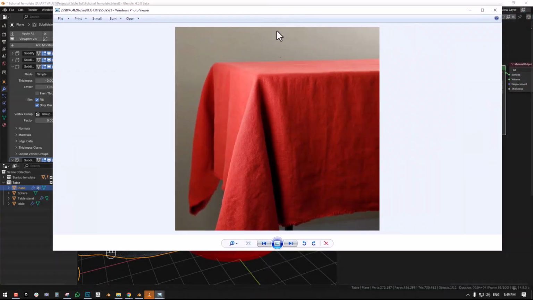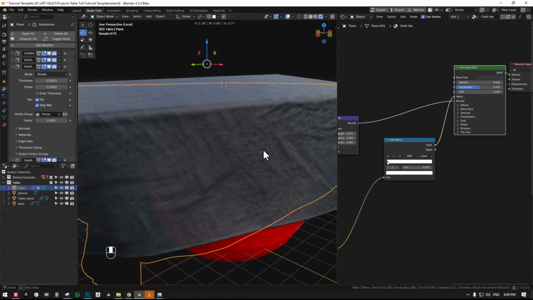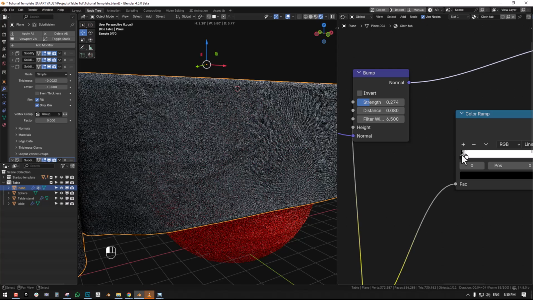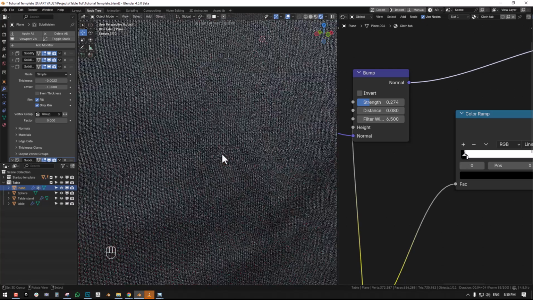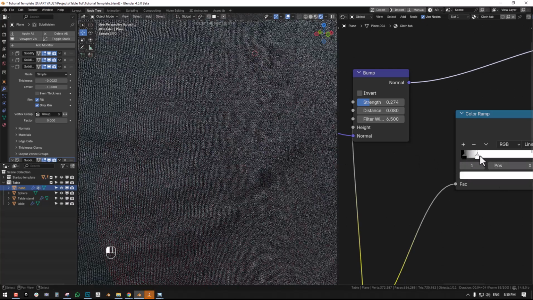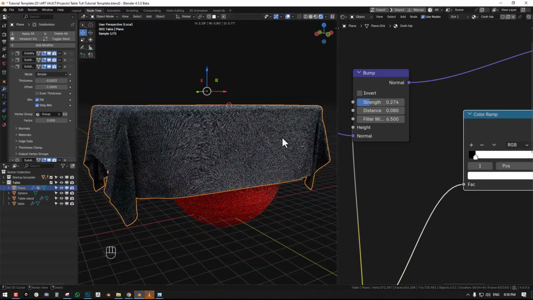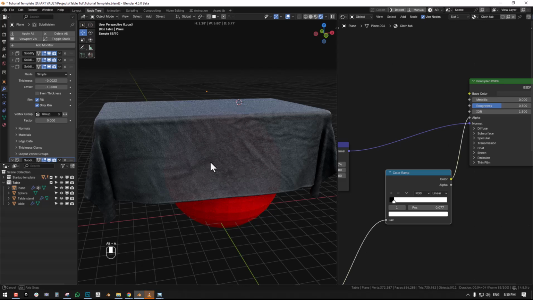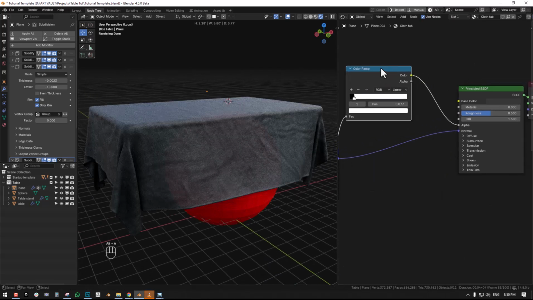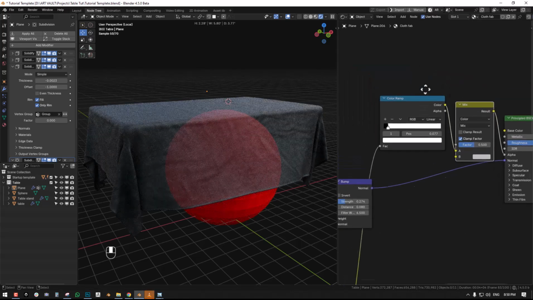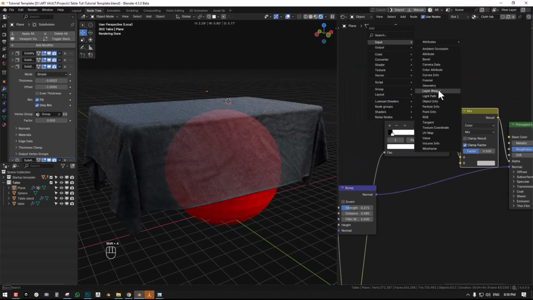I want it to be transparent but still have that fluffy thickness. So for that, we just add a mix color, and we'll mix it with layer